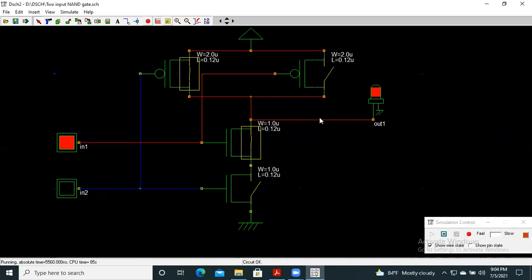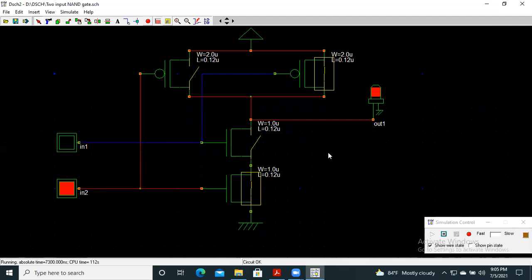As a result, the output point and the supply point become the same point, and we are getting high output. If we look at the pull down network, we see that this pull down network is segregated from the output point by making this NMOS open circuited.